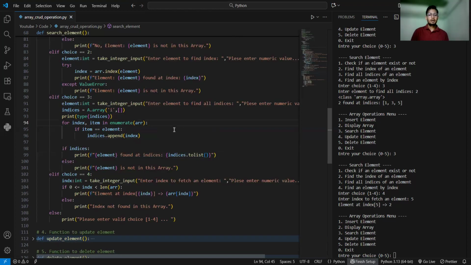I create a reference whose name is indices. So basically here what I do, I declare an array. So this is a local variable because I print the value inside this function, so that's why I take this reference as a local reference, and after that I print this, because